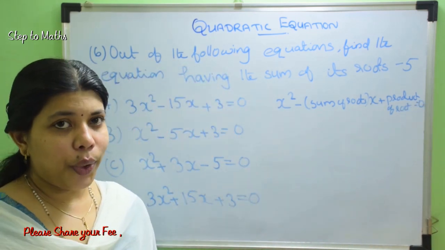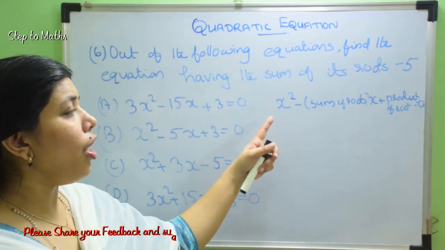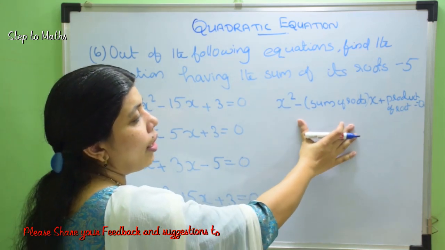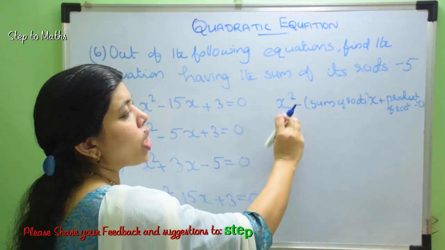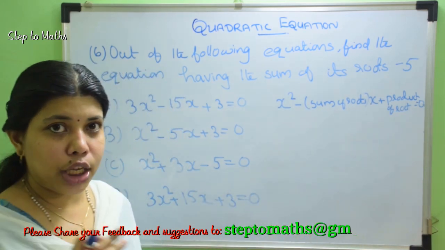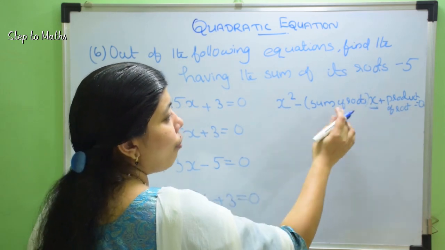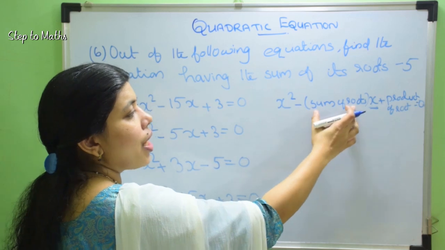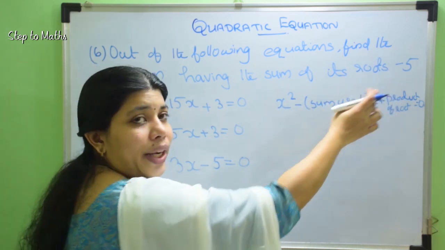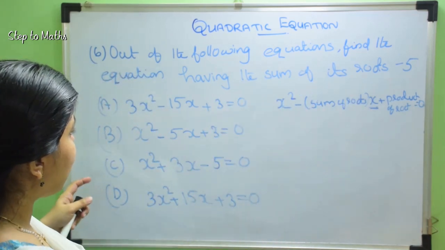If roots are given, or the sum of roots and product of roots are given, we can form the corresponding quadratic equation using the relation x square minus (sum of roots) into x plus product of roots is equal to 0. That means the coefficient of x is the negative of the sum of roots. Here the sum of roots is given as minus 5. If we go through these equations,